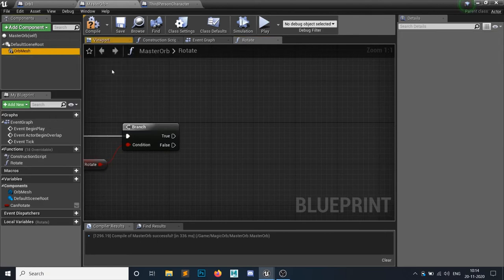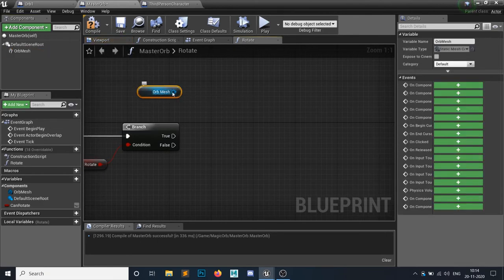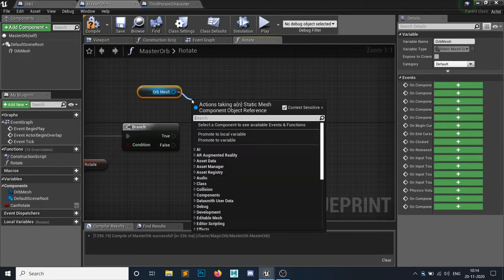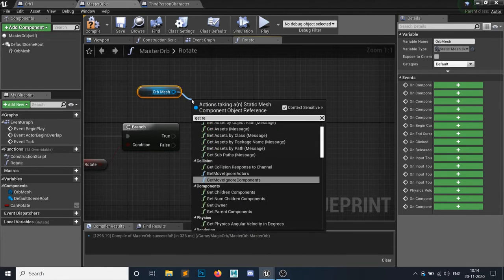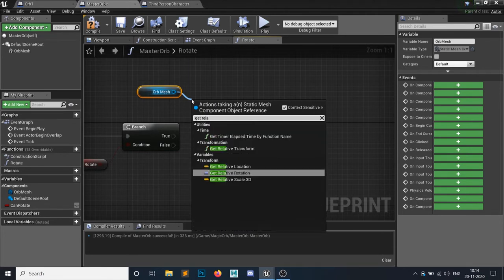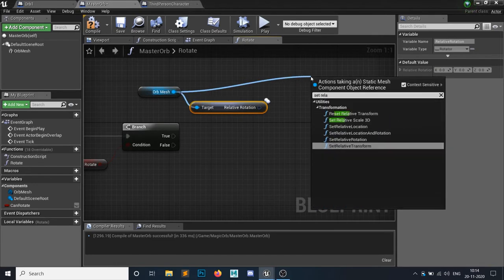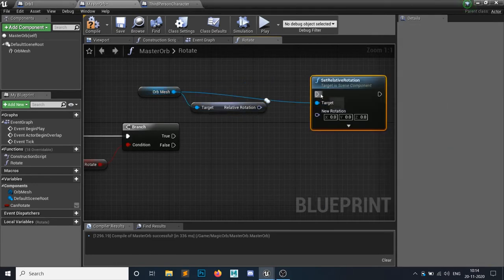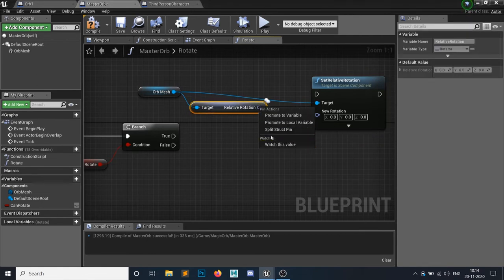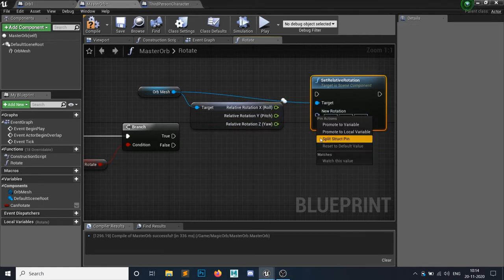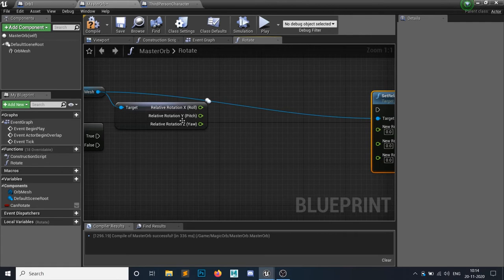So I will simply get this orb mesh, and I will get the relative rotation, this one, and also I will set a relative rotation. Let's just right click to split up this pin and hit it to the true branch.